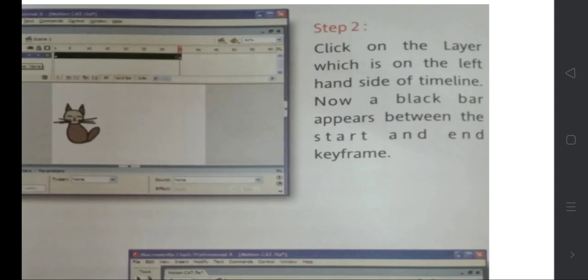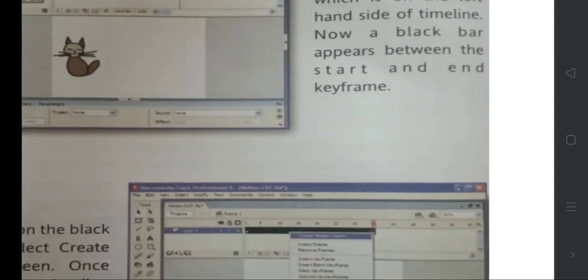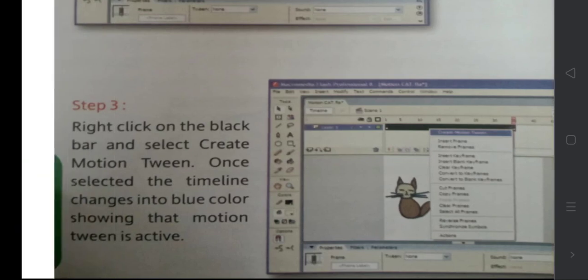Then step 3: now that we have created start to end, right click on the black bar and select Create Motion Tween.